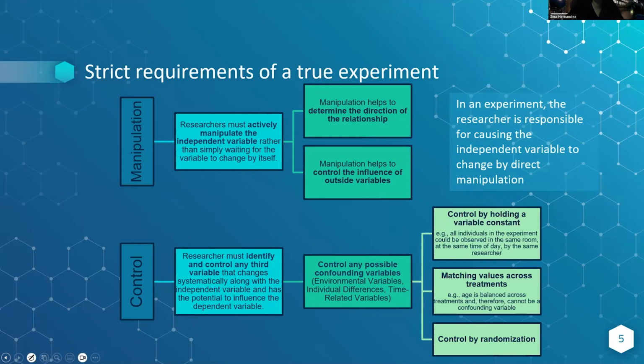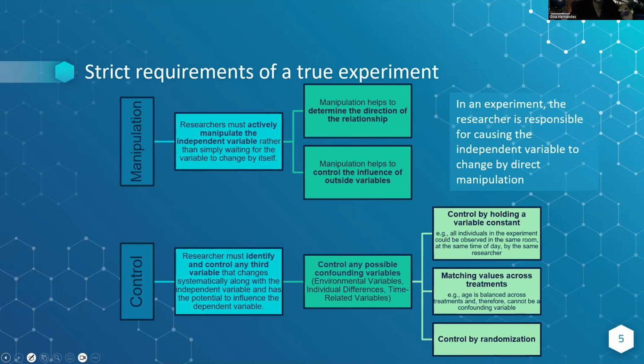Also, manipulating the variables will help you control the influence from other variables. Because if the influence you are observing is not systematic, maybe some other confounding variables are responsible for the change you are observing. So this is why you need to manipulate it. You need control over the independent variable. And this is why we want these special rooms or special settings, with a clearly defined variable